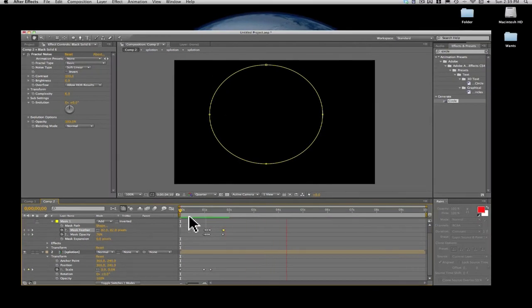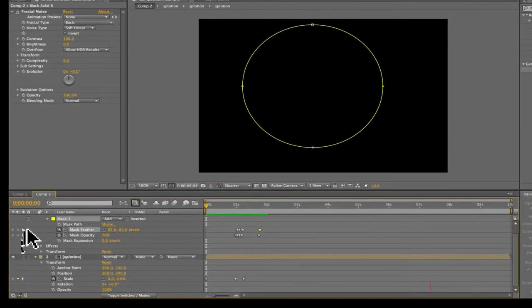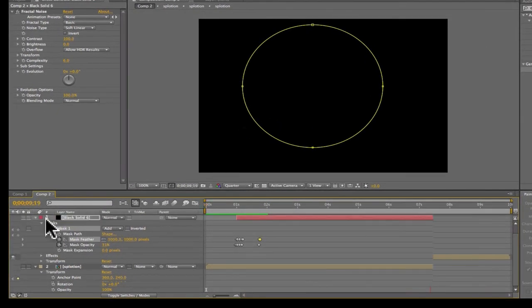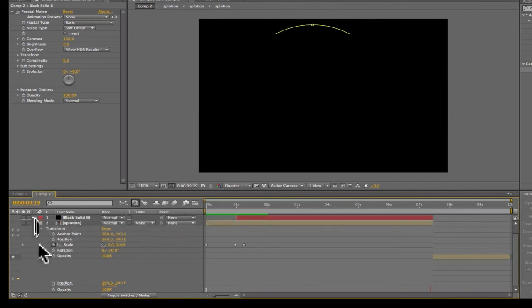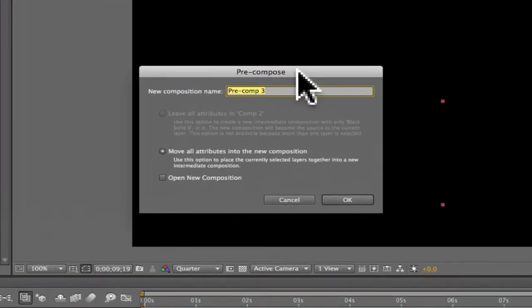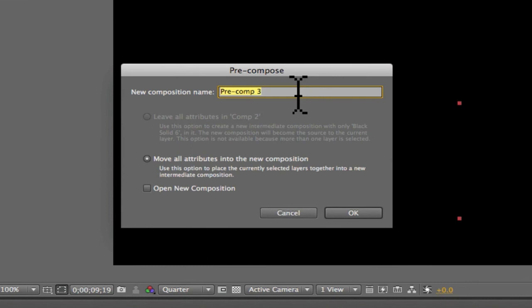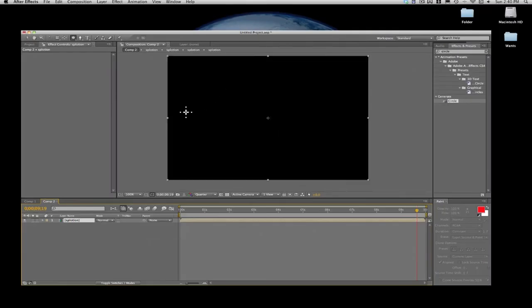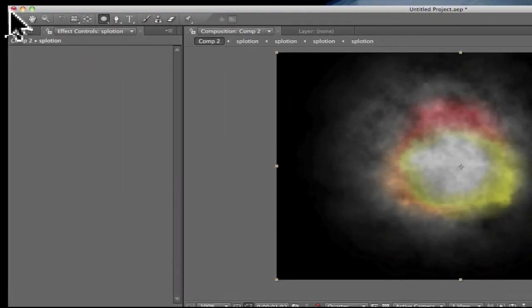I know the smoke is a little difficult. It's difficult for me too. But once you have it completely done, what you want to do is bring this down, and you're going to want to select everything, and Apple Shift C, and name it explosion, and that's what you do. I know that this looks like this, so that has been another